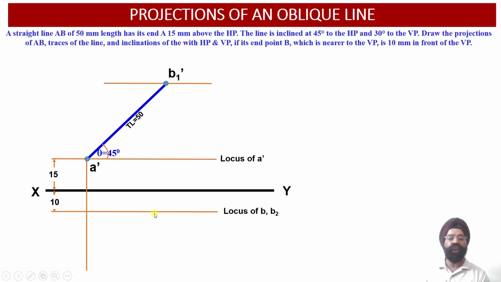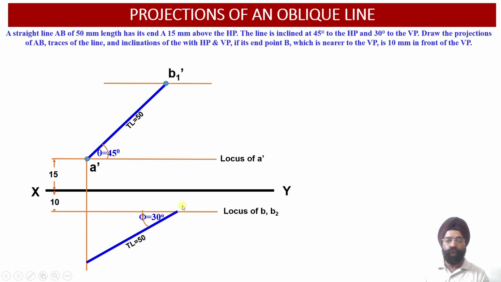And the third piece of information we have got: the true length of the line is inclined at an angle of 30 degree with respect to the vertical plane, and the length of this true length is equal to 50 millimeter. So now we are going to obtain a true length measuring 50 millimeter, which is going to end anywhere onto this vertical projector line, providing us with the location of the point A over here. So now we are going to measure this true length inclined at an angle of 30 degree measuring 50 millimeter.